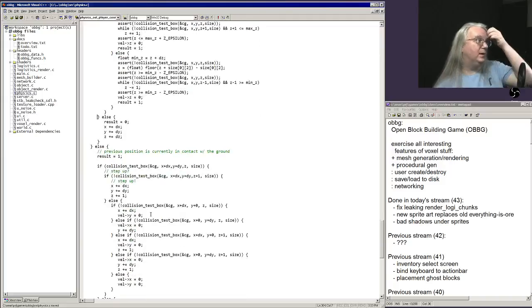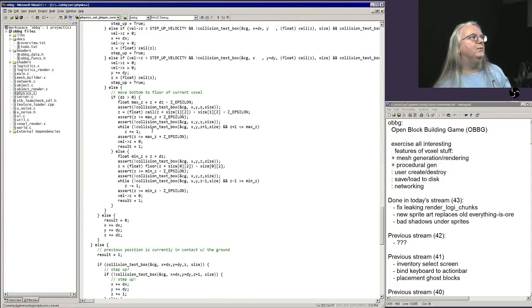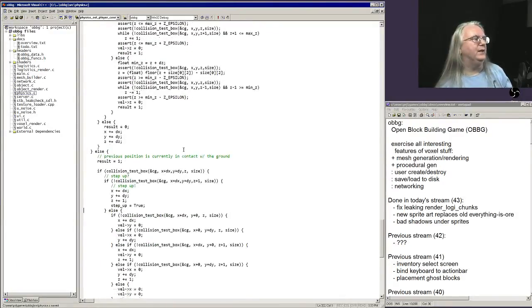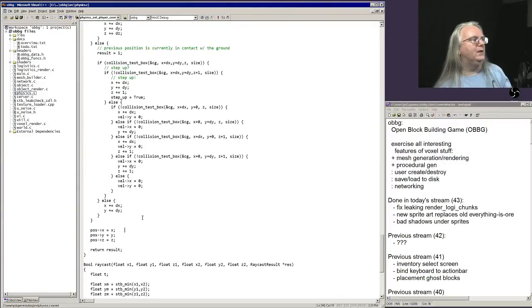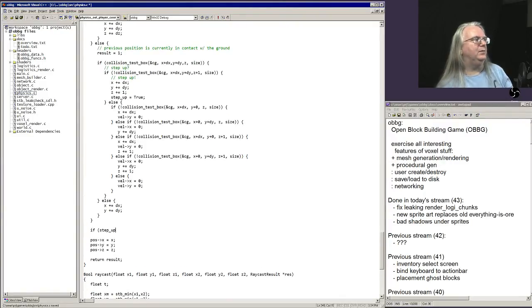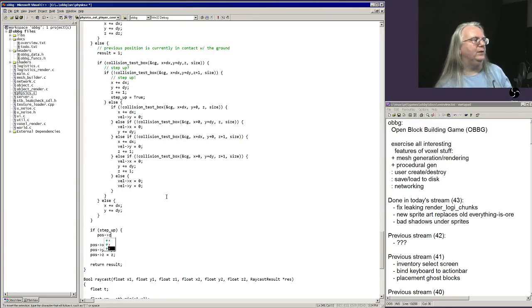On this side, previous position is currently in contact with the ground. Oh, here's the step up. Oh, this is a falling up. Okay, but we probably want the same behavior when it's discontinuous like that. There's this actual step up. All right, so then if step up, pause Z equals